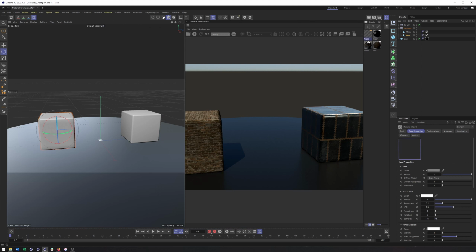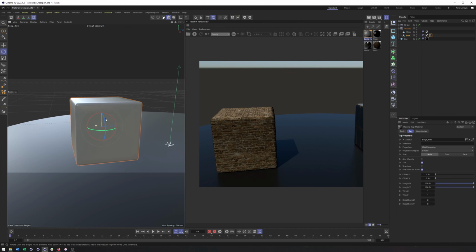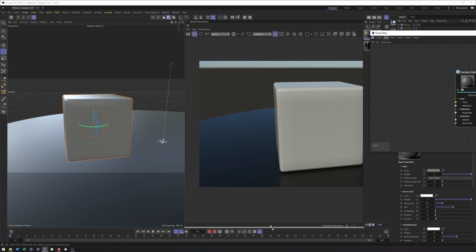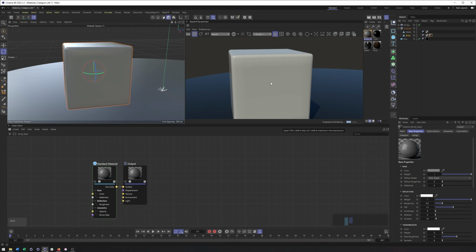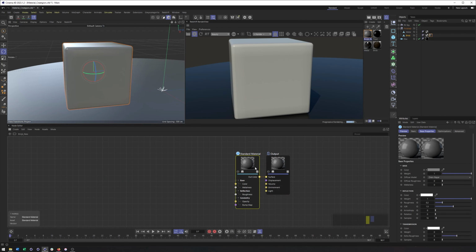Okay, I'm going to create a new material and I'll just call this, let's just say, brick new. Apply it to our brick here. Go ahead and start our rendering, open this up in our node editor, and then dock this underneath. Something like that. So we have the default gray plastic to start. And I am using the Redshift standard material here. I actually do think it makes things a bit easier. I think that's one of the things they were going for with this new material,